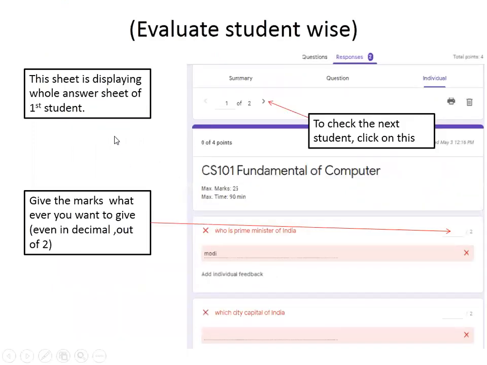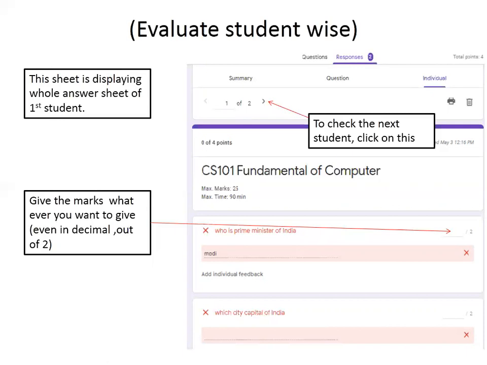We have already assigned the marks for each of the short answer questions. We have to give the marks to the student, and we have to check individually. For example, for one student, if you click on this greater than sign, then the second student's details will be there.